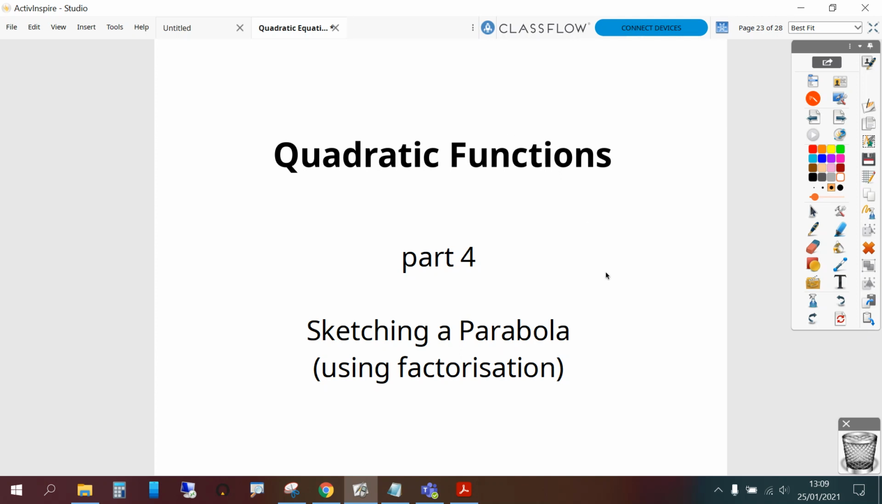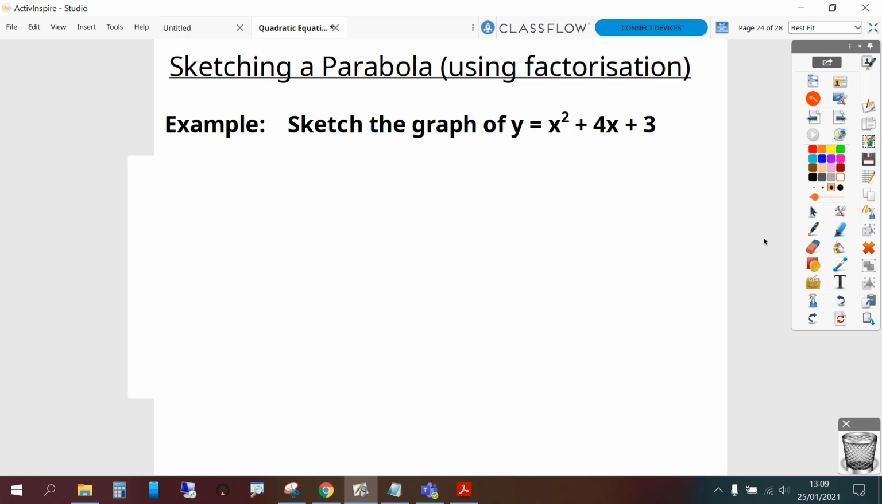Quadratic Functions, Part 4, and here we're learning to sketch a parabola using factorisation to help us. So we want to sketch the graph of y equals x squared plus 4x plus 3. Now there are a number of things we're likely to be asked to show, and the first thing would be,